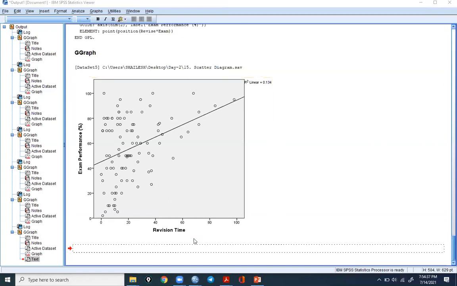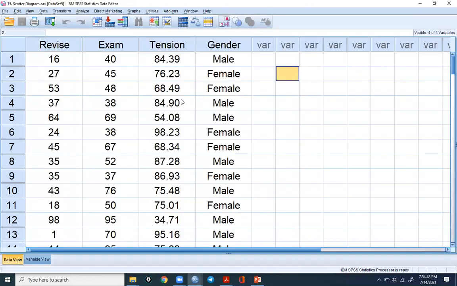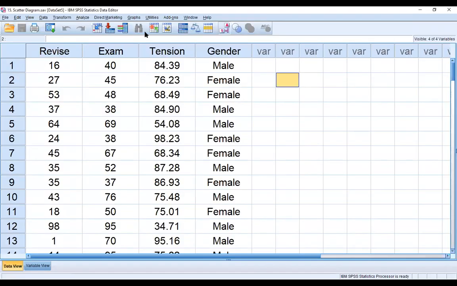Now for another two variables, exam performance and tension, I'm creating another graph. So this is my scatter diagram plot. Now you can see this data. How to create the graph?